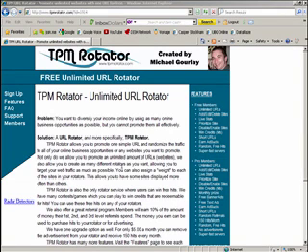So what you want to do is go to the ASA main office area, go to marketing, then go to online marketing and look for the TPM Rotator link. Once you get there, click on that and that'll take you to the page that you're seeing right now. Then click on sign up,